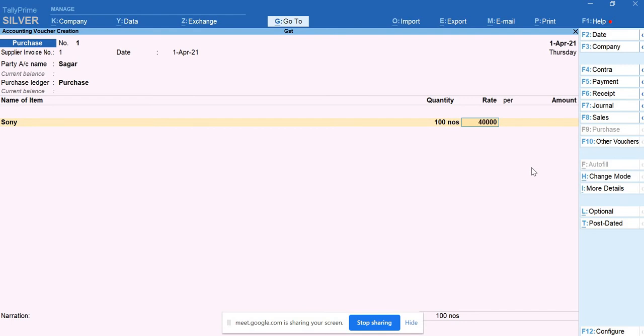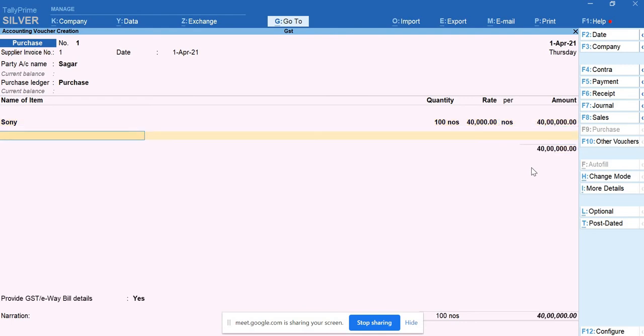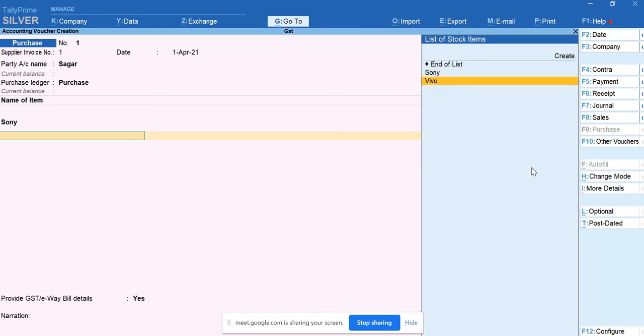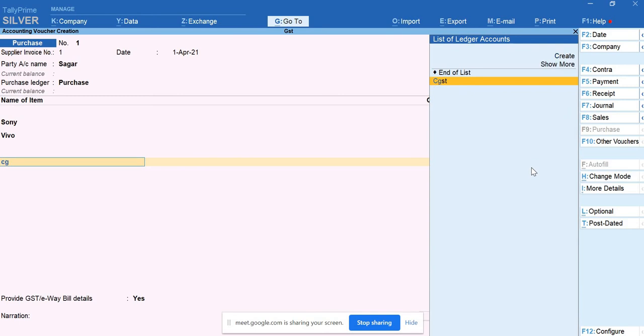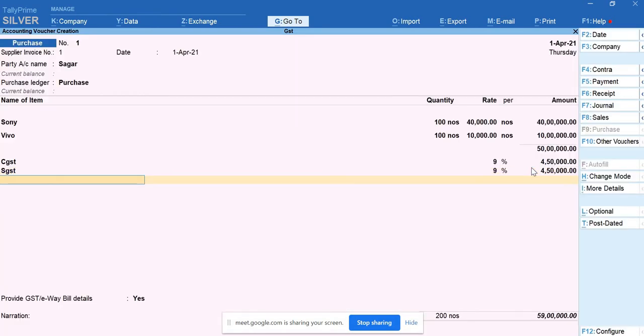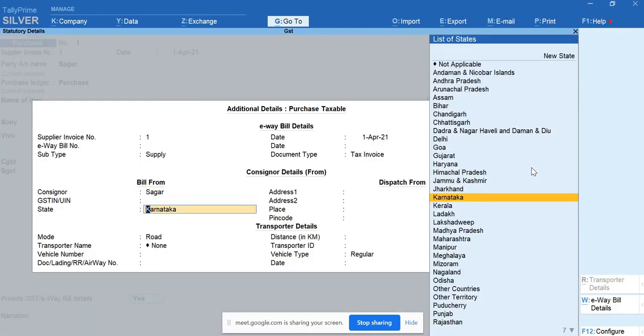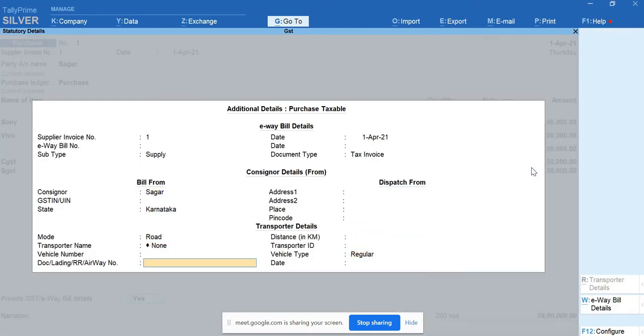I'll take the same 40,000. And in the next row, go for selecting the Vivo. I'll give the 100 quantities at 10,000 each. Right after your total column, you have to go for adding CGST for that and also SGST for that. So these are the two. So I'm done purchasing the goods.